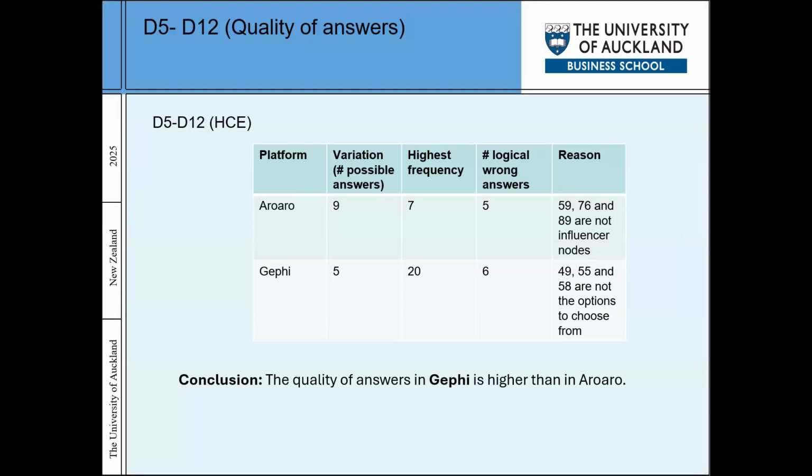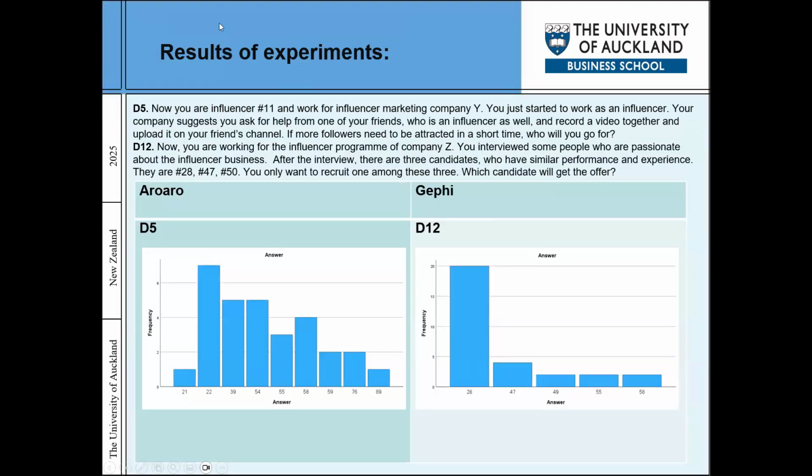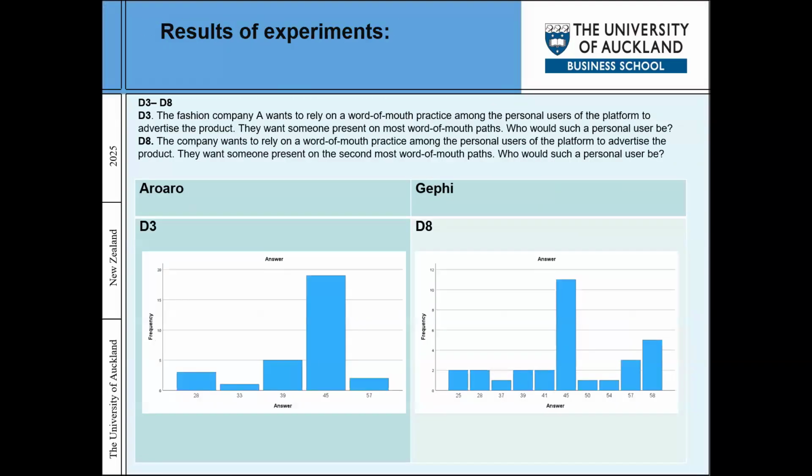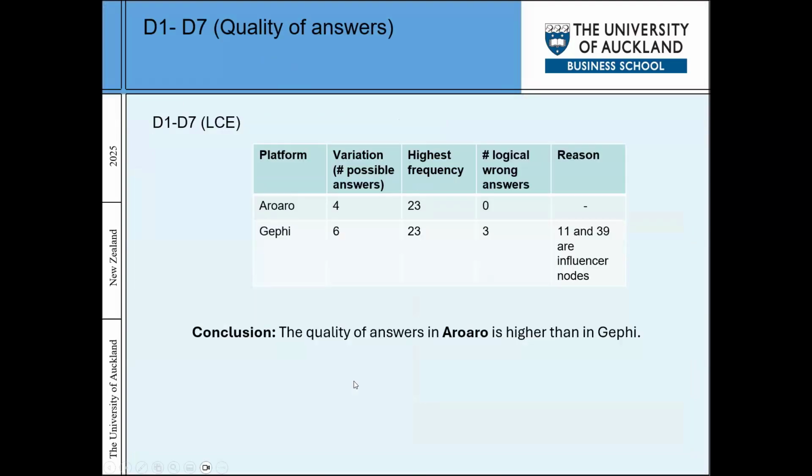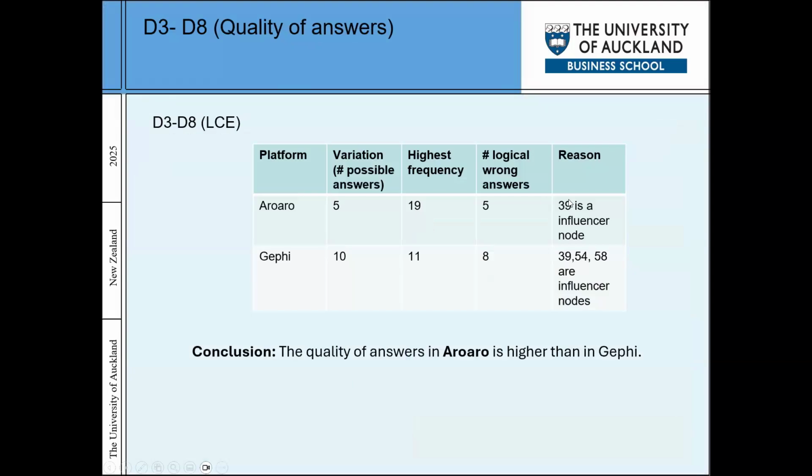Continuing on what Fernando said, and to answer your question, Ajay, you asked about designing the questions expecting that comparable questions have similar cognitive effort or load required. What we found, and what you're seeing here in the results, is this variation. This is one of the high cognitive effort questions. The spread, like Fernando said, is more in these last three questions versus the initial questions. You see the spread here, the number of possible answers, and also the number of logically incorrect answers.